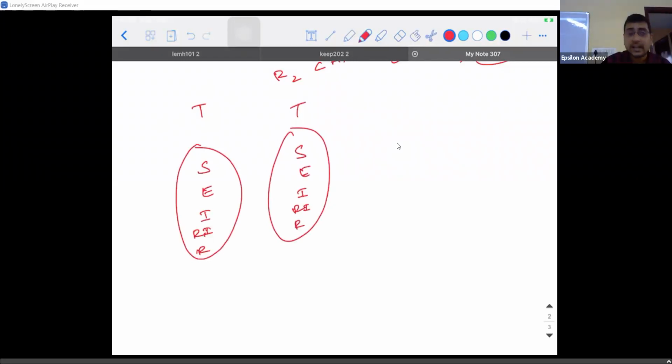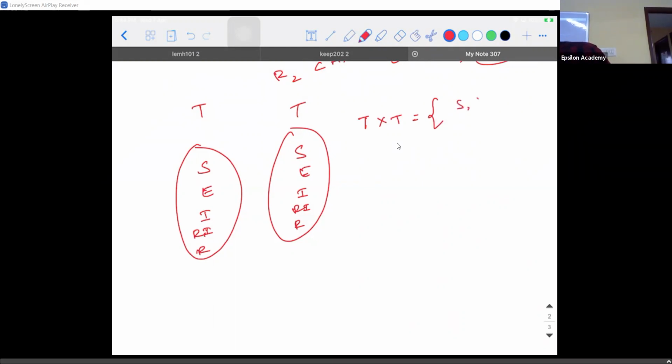Am I clear? Now what are they asking us? You need to pick a triangle from the first set. You need to pick a triangle from the second set and write them in what form? In the ordered pair, such that what condition is to be satisfied? (T1, T2). So if I take only the Cartesian product, I don't know what the relation is. I'm taking only the Cartesian product. If I take T cross T, what are all the possible things I can write?